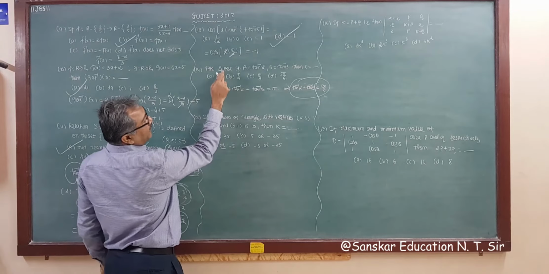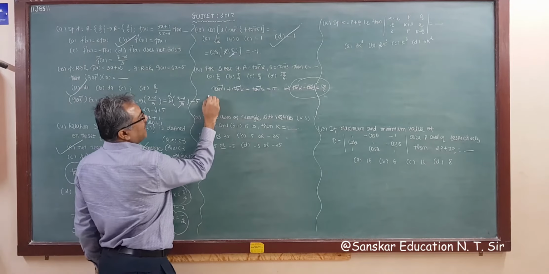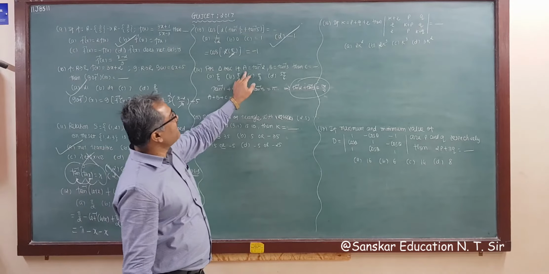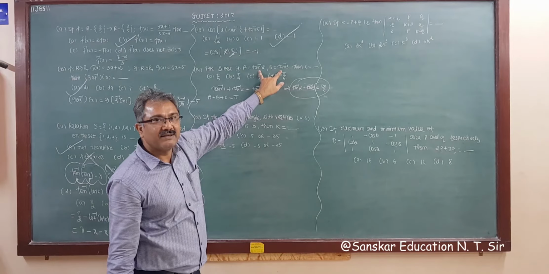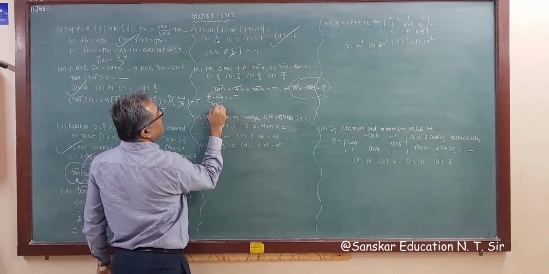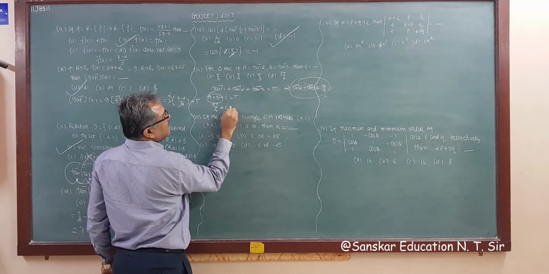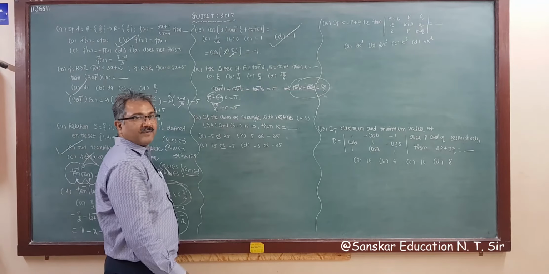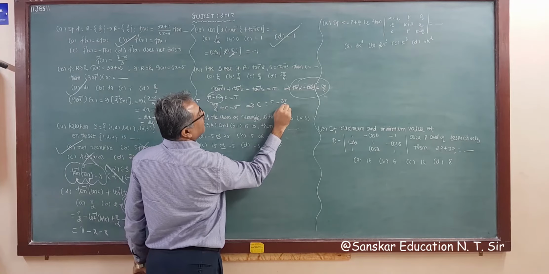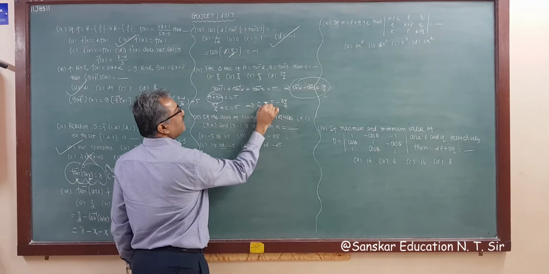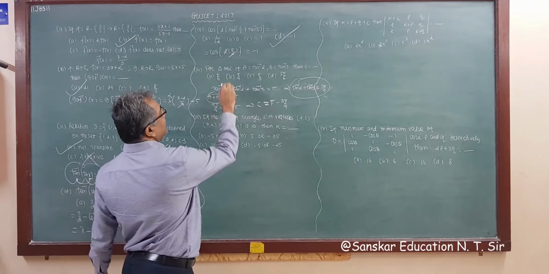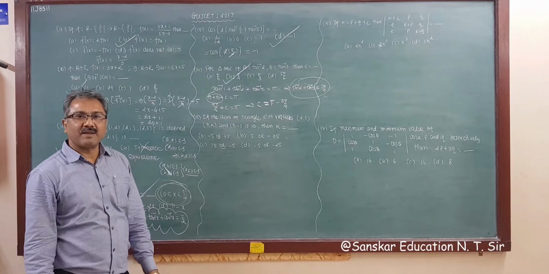Now also you know for triangle ABC, A plus B plus C is equal to pi. Now A plus B is tan inverse 2 plus tan inverse 3, which is 3 pi by 4. So 3 pi by 4 plus C is equal to pi, right? So C is equal to pi minus 3 pi by 4, that is pi by 4, the correct answer. That is option B, right?